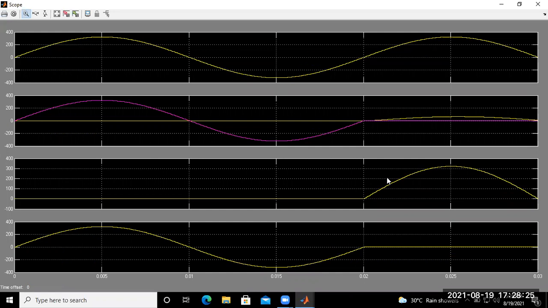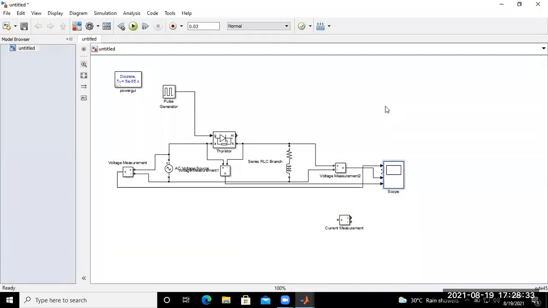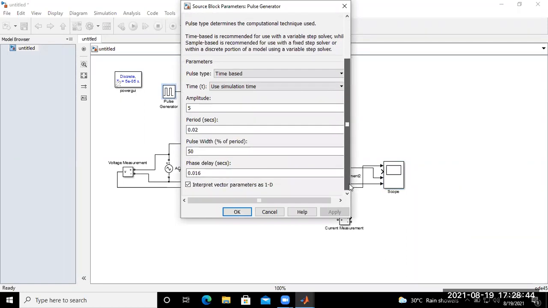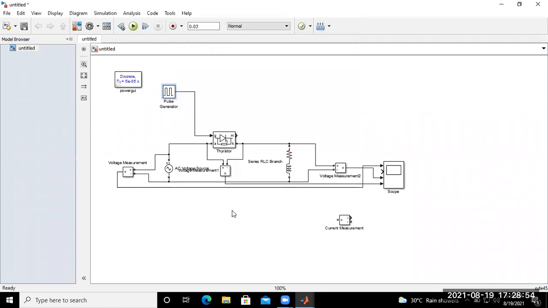Yes sir, the gate pulse is not correctly shown, because it starts from zero. We require the gate pulse, but it is not connected properly. So just check this one. Just check this gate pulse value. This is the correct value for the 30 degree. Sir, I have told, but we are not able to get the gate pulse waveform. That is the problem. You just verify the connection of this one.